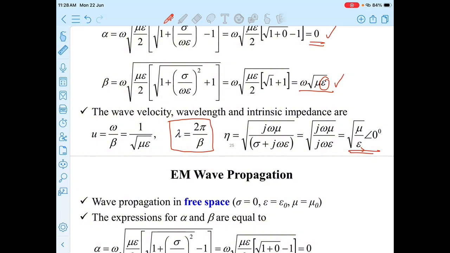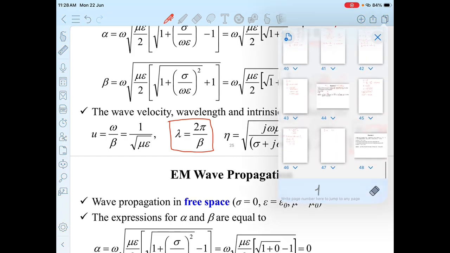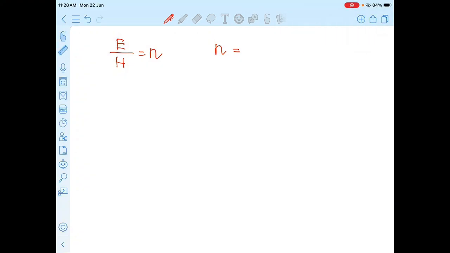For lossless mediums, there is no angle, so we can use this formula to figure out the intrinsic impedance. It equals the square root of mu over epsilon, so mu naught over